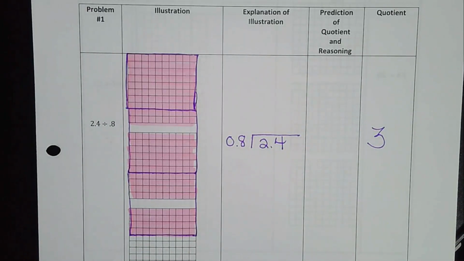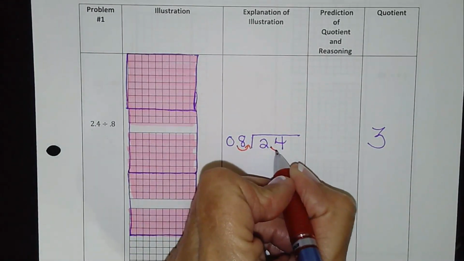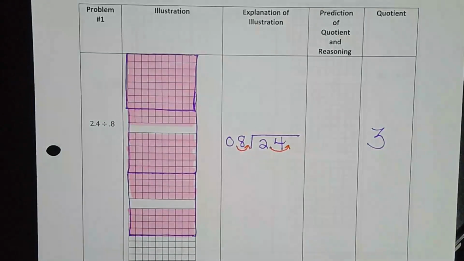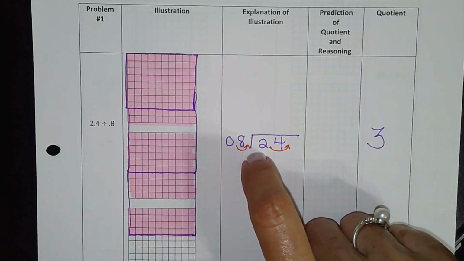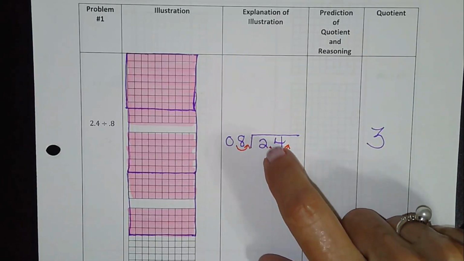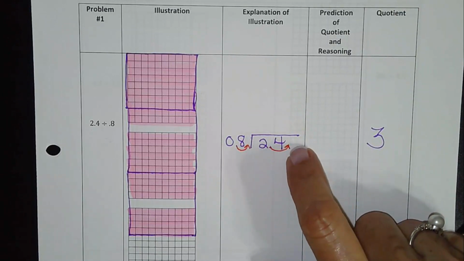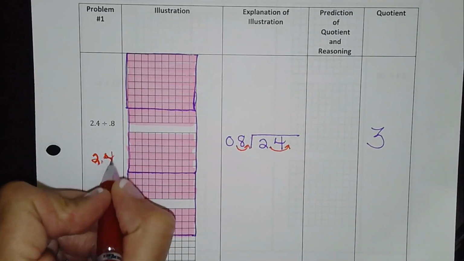But the rule is, whatever you do to the outer number, you must also do to the number underneath, so you haven't upset the problem. So if I turn 0.8 into a whole number, 8, by moving its decimal 1 to the right, I have to turn 2.4 into 24. And the reason why that is, if you had this as a fraction,